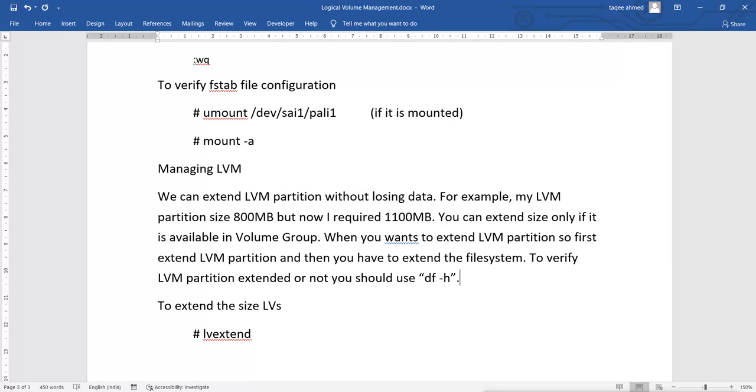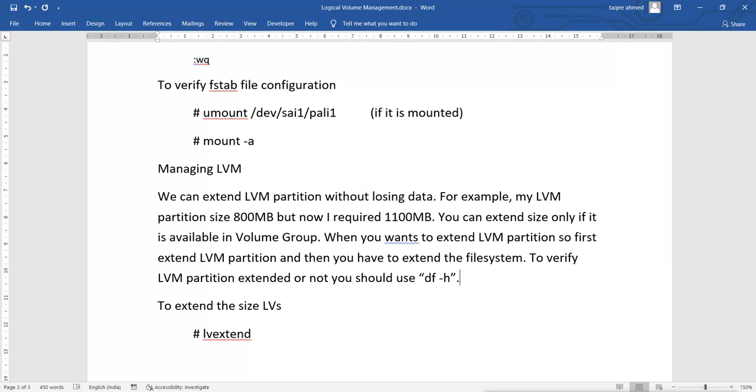So I want to extend the file system and the LVM partition. The command for extending the partition is lvextend.